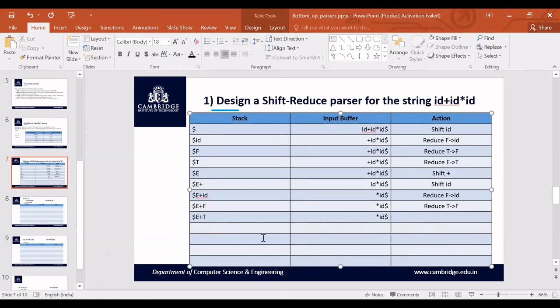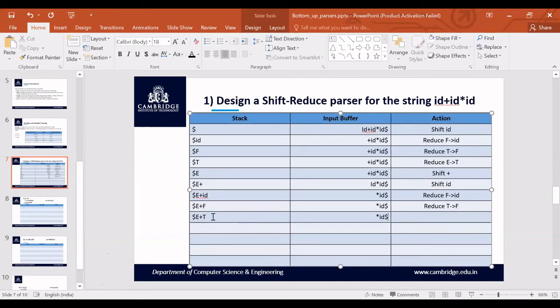Error condition is two possibilities. The stack top will have the start symbol, but still the input buffer will have some more symbols. That is one scenario. And the second scenario is the input buffer will be empty and the stack top will not have the start symbol. Two scenarios. If the stack top has the start symbol and the input buffer has some more symbols in it, then it is error. Even T should not reduce to E, no, ma'am. That's fine.